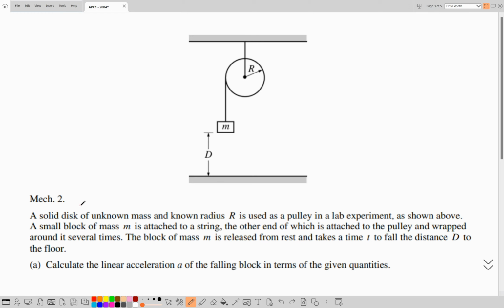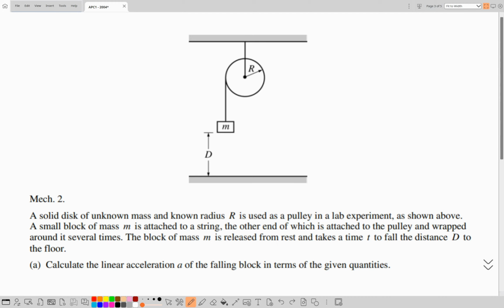A solid disk of unknown mass and known radius r is used as a pulley in a lab experiment. As shown above, a small block of mass m is attached to a string, the other end of which is attached to the pulley and wrapped around it several times. The block of mass m is released from rest. This is important, which means the initial speed is 0, and it takes a time t to fall a distance d